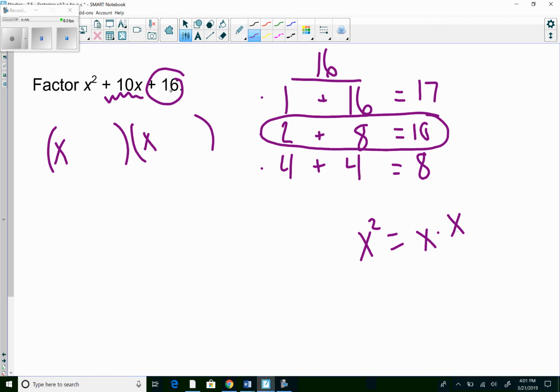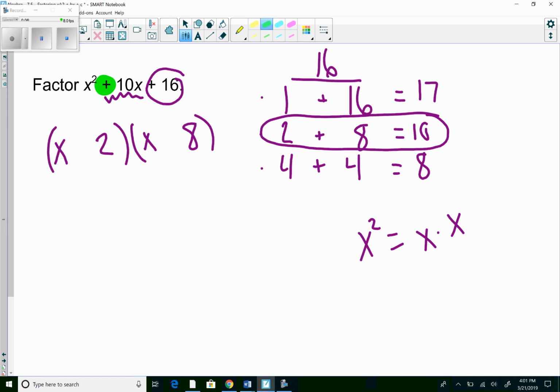And then we just figured out that when I add 2 and 8 together, that gives me 10. But when I multiply them, that gives me 16. So I'm going to say that that's going to be 2 and 8. And then the last thing I'm going to figure out, what are my signs going to be? So when I look at my two signs,